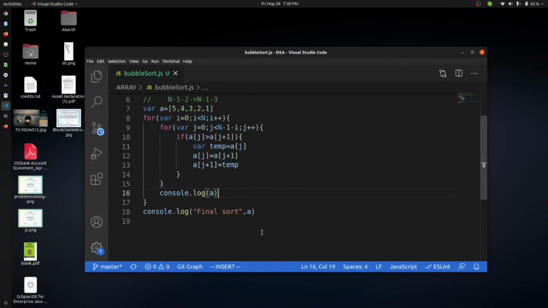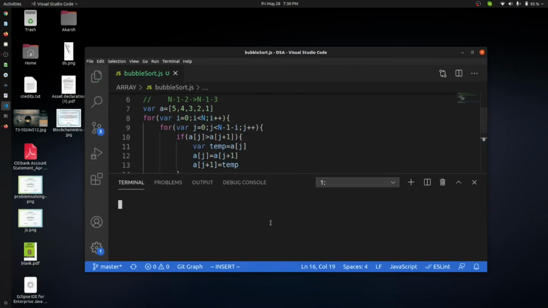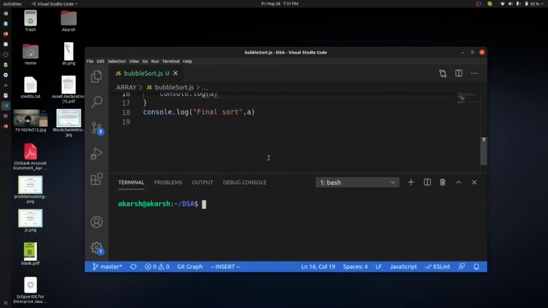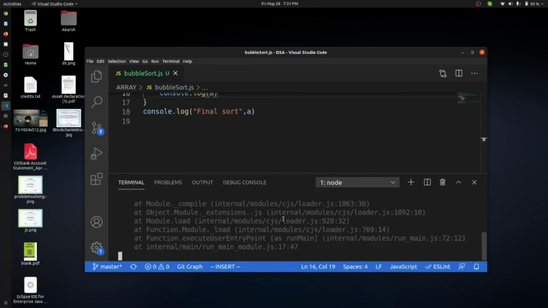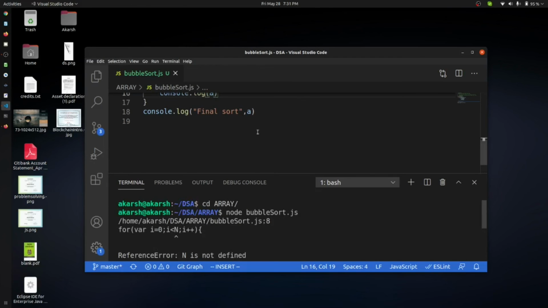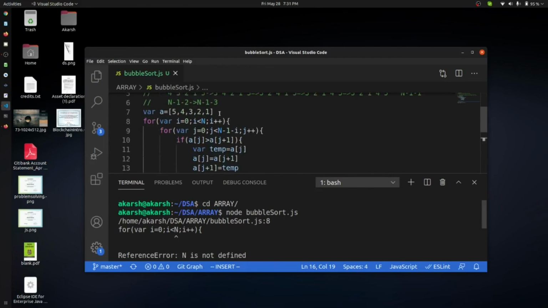So let's run it. Okay, n is not defined.